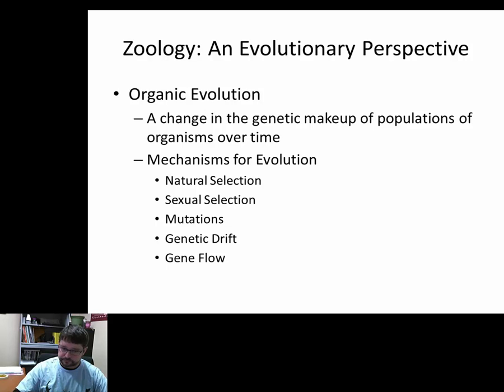Gene flow. Okay, you can get the same thing with organisms coming into the population, organisms leaving the population, hybridization, so you have very similar organisms that might be coming in. Maybe they carry very unique traits that popped up from mutations or sexual selection, and now they're breeding it into your population. So you get this flux of different genetics into a population over time.